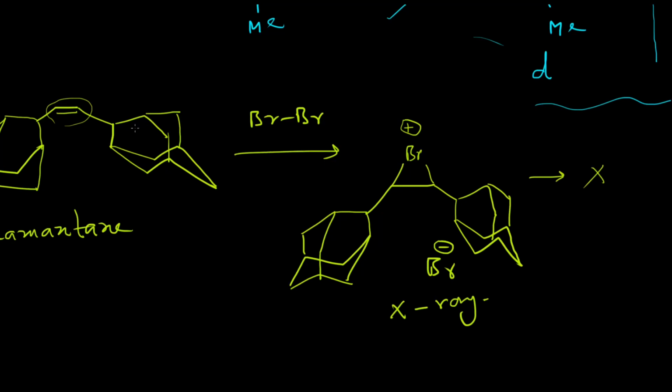So here we can see that the first step is the formation of a bromonium ion, and then nucleophilic attack can take place at either of these two carbon centers. In this case, the steric effect is preventing the Br minus from attacking at these two carbon centers, and thereby no further reaction is taking place. So now if we consider our mechanism, it will be very easy for us to understand the mechanism.